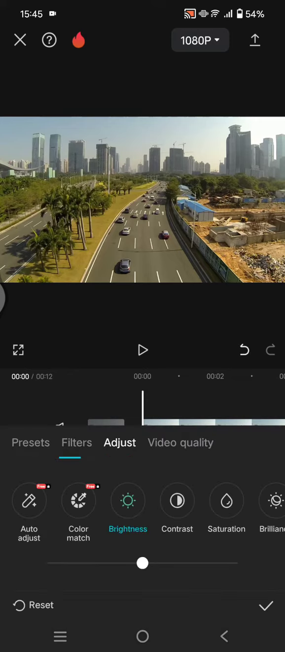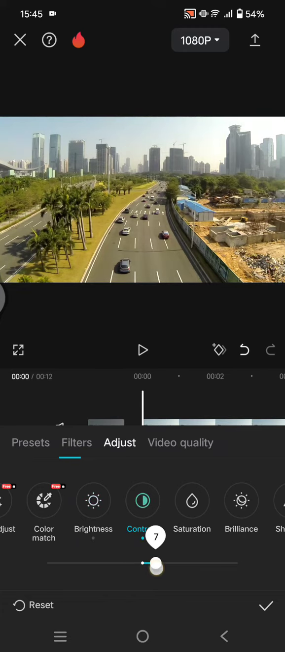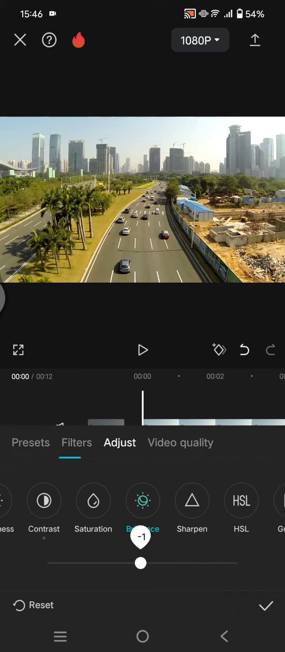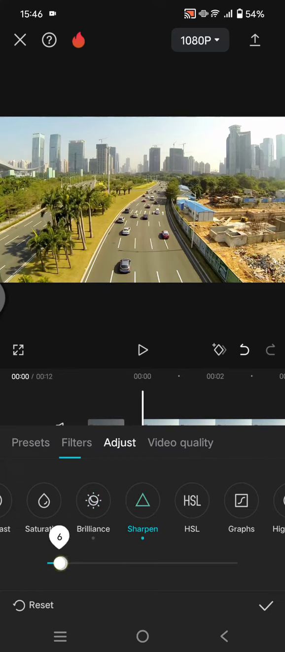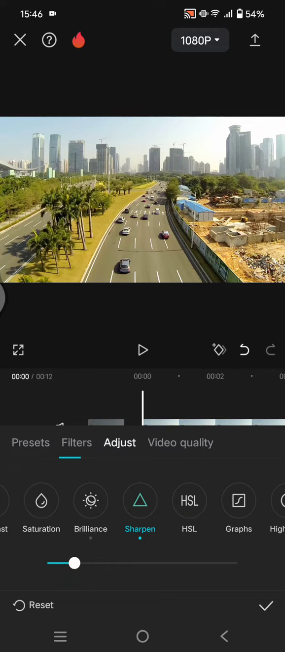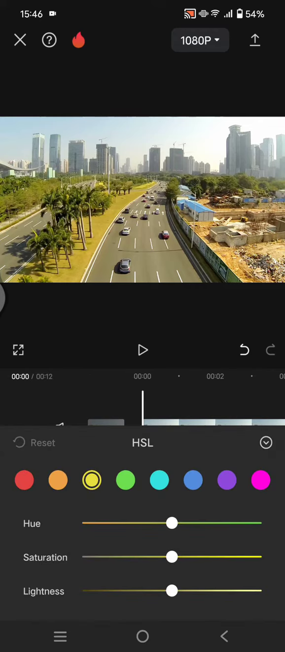So for the brightness, let's increase it to around 10, contrast 13, and then the brilliance 10, sharpness increase it to around 15, and then click on the adjust cell and on the yellow color in here